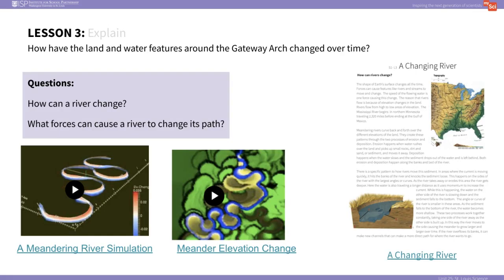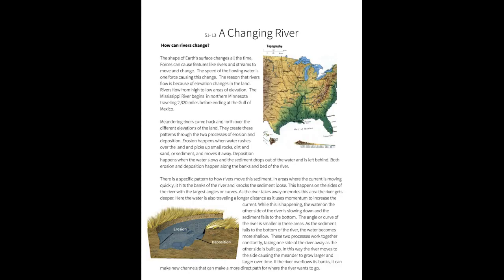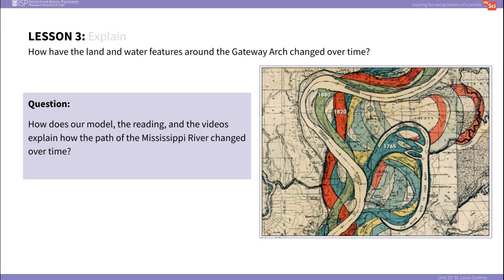In the Explain part of this lesson, students will watch 2 videos about meandering rivers changing their path, and then do a reading on a changing river. This article will highlight how the elevation of land can affect the speed of the river, how the speed of the river affects erosion and deposition, and then the pattern at which the river moves sediment. After students have watched the videos and completed the reading, they're going to go back to this original picture of the meander scars of the Mississippi River and talk about how those pieces of evidence support the changing path of